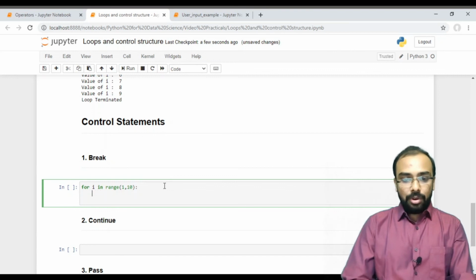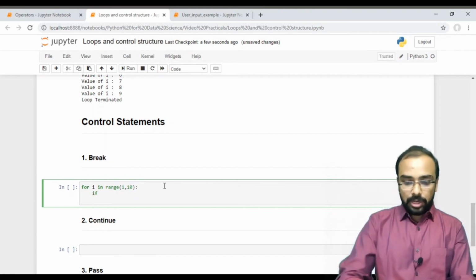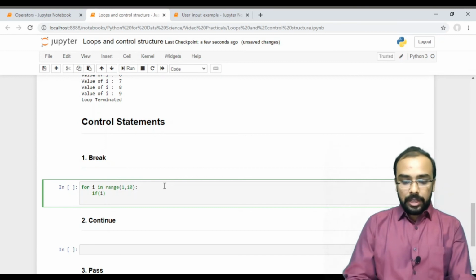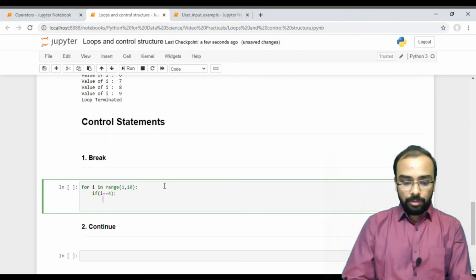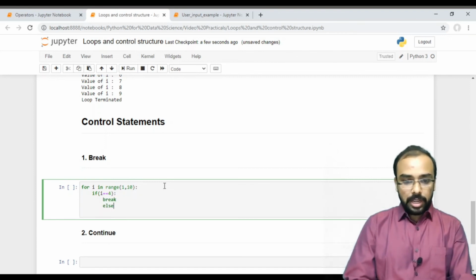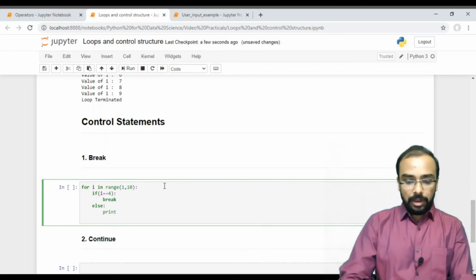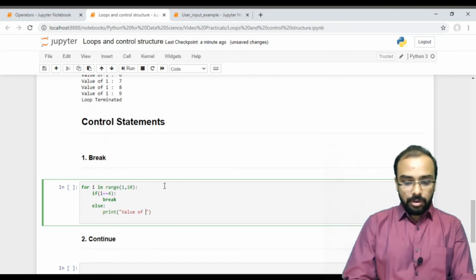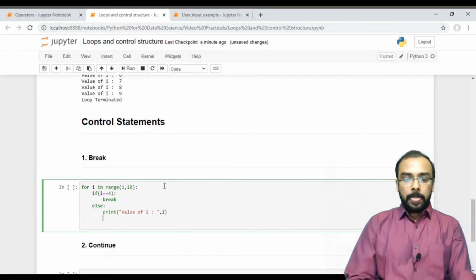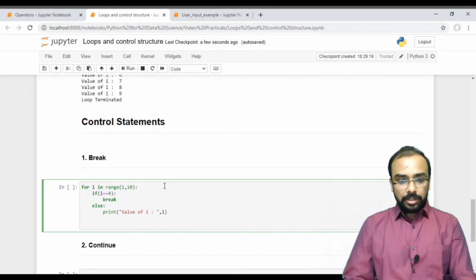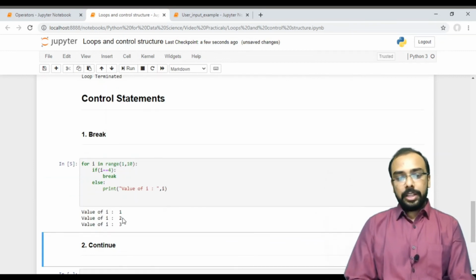So what I have to do is write if i is equal to 4, then I want to break my loop, else I want to print the value of i. Now let us run this. You can see here it has printed only 1, 2 and 3.